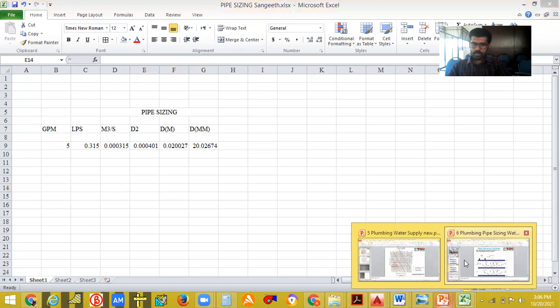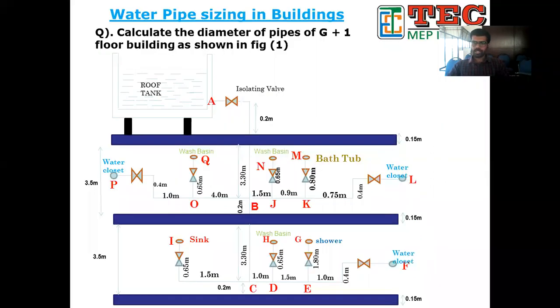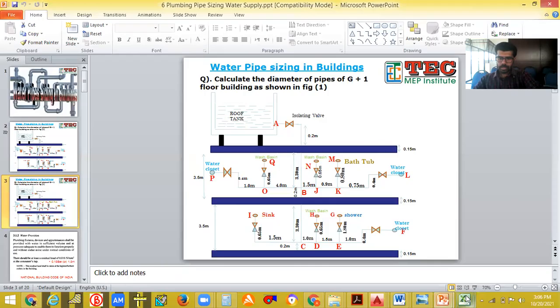You just give GPM, and you will directly get the pipe diameter. Please do share that Excel also, sir. No, the Excel sheet cannot be shared because that is the private property of our institute. I cannot share it, it is not possible. Sir, at least show how you calculated each cell, sir.